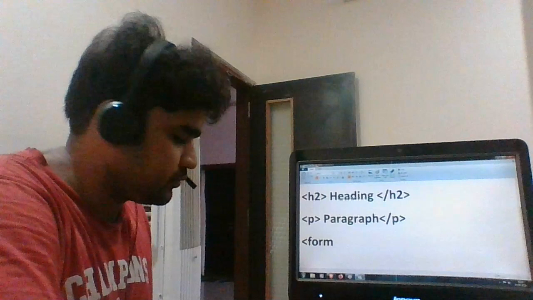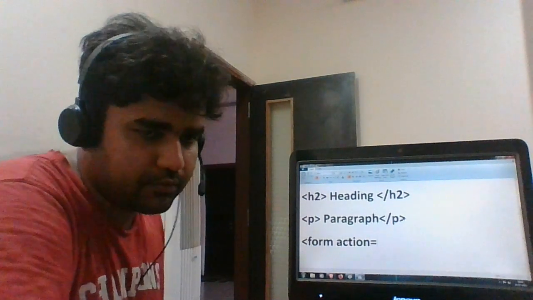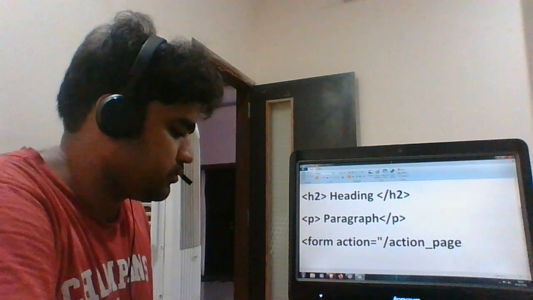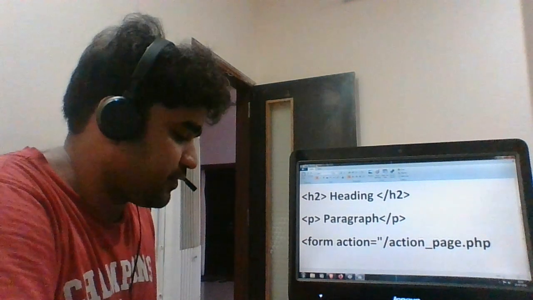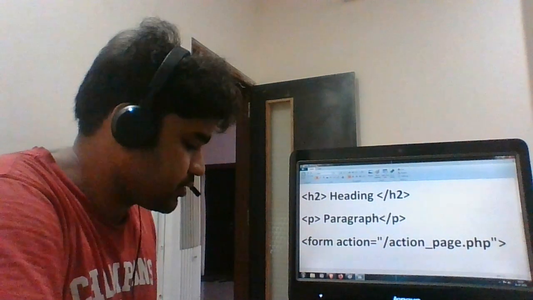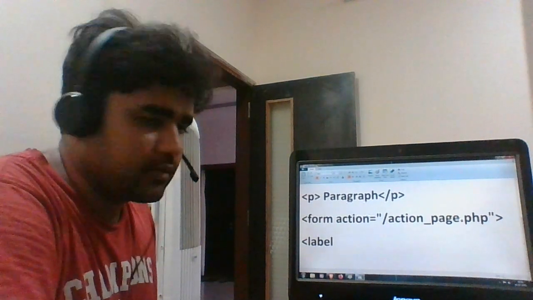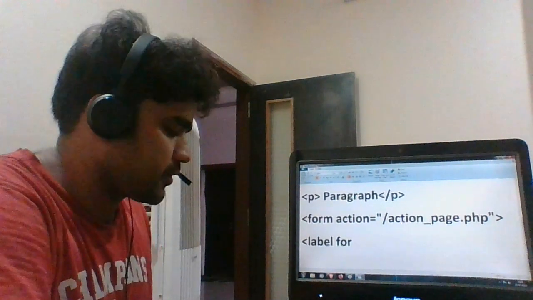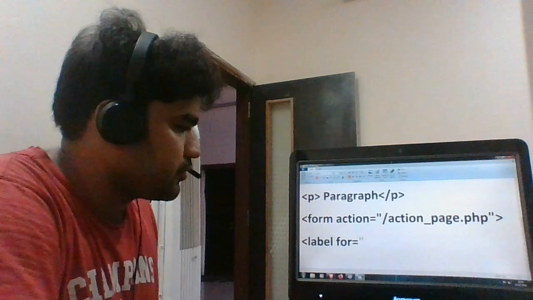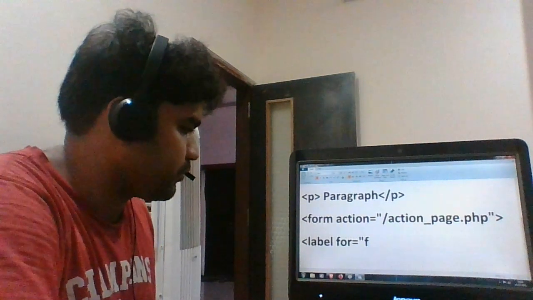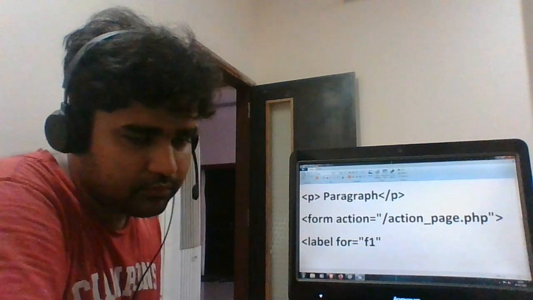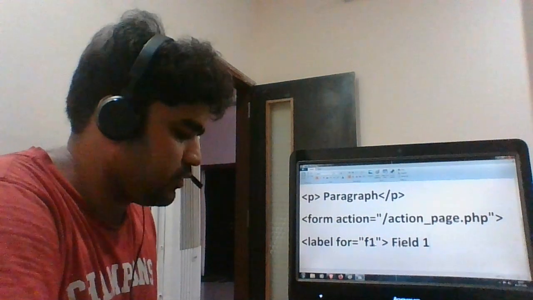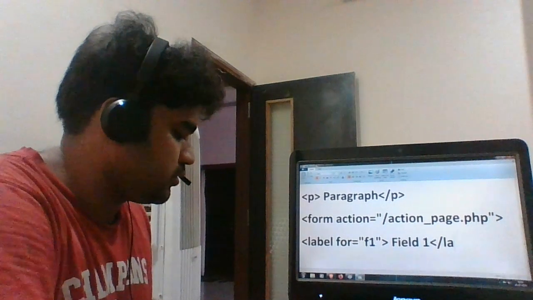So we have the form, then action is equal to, again this is the PHP portion. This is defined by the emulator that I use for the programming. Again, I just want to define some fields, like F1, and then give it like field 1, then close the label,